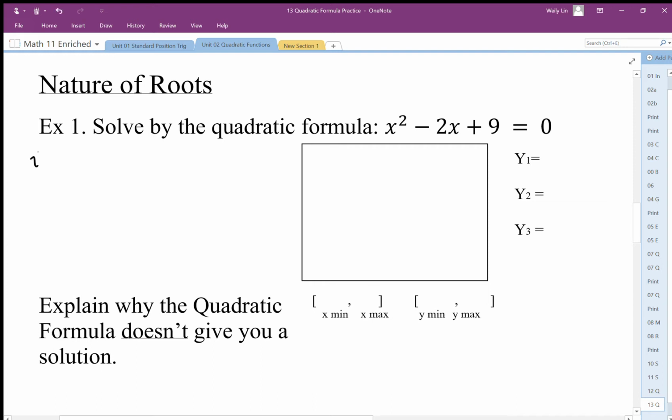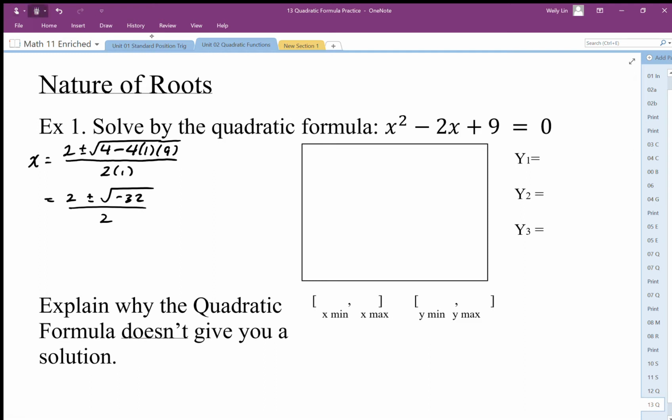So I end up with x is equal to negative of negative 2 plus minus the square root of negative 2 squared minus 4 times a times c, and then all divided by 2a. When I simplify this, I get plus minus the square root of 4 minus 36, which is negative 32, all over 2. Now, there seems to be a bit of a problem here,